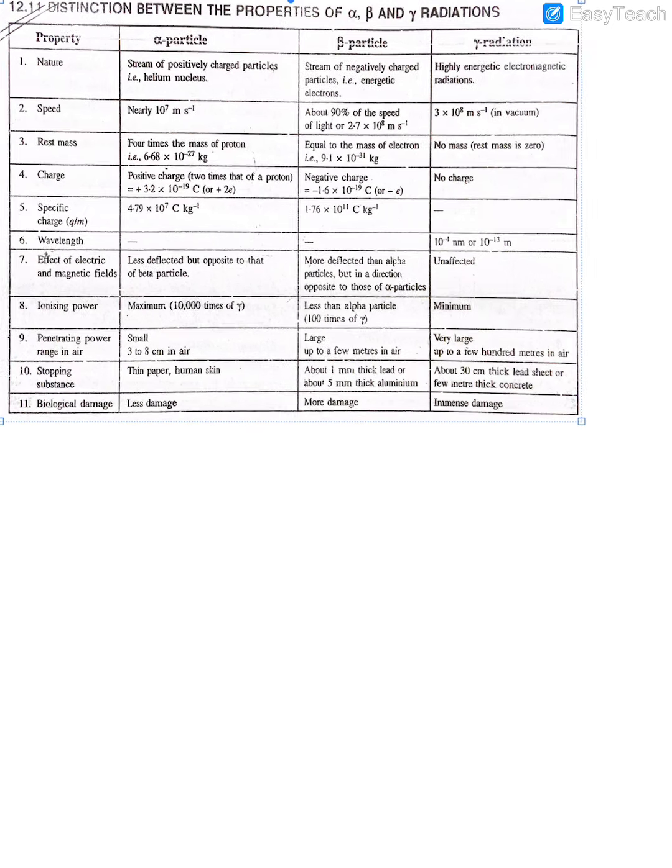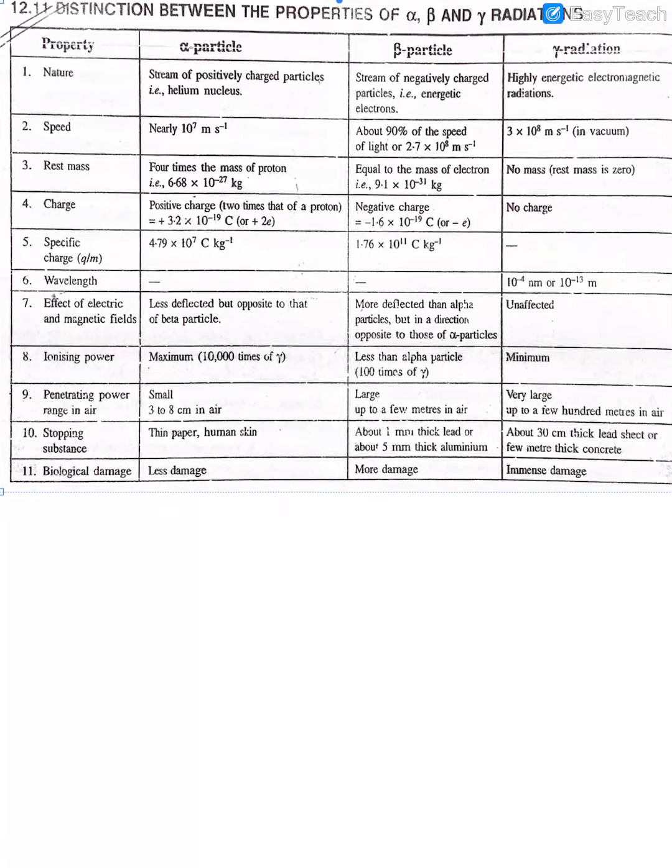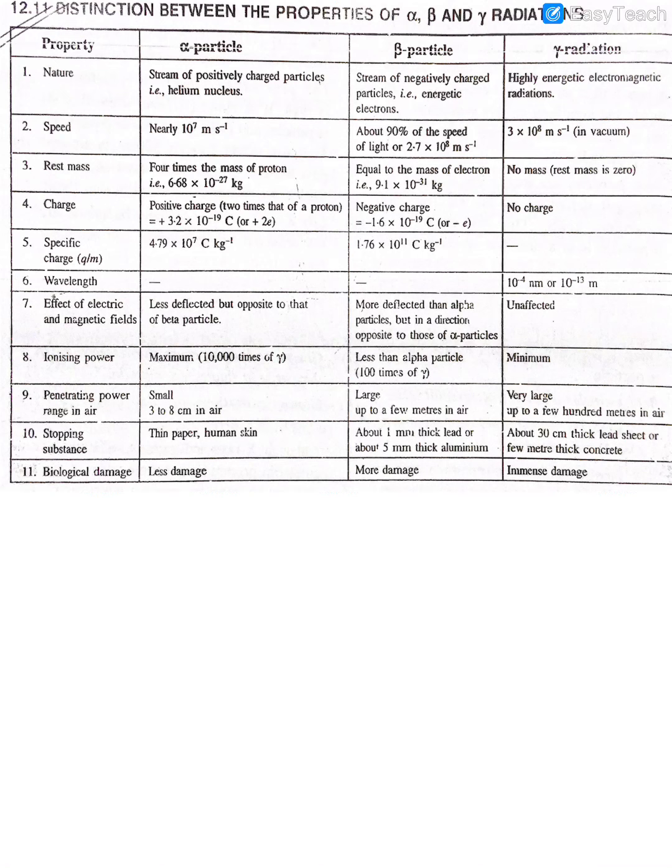So guys, here is the paper. I'll try to enlarge it as much as possible. This table is extremely important; basically the whole thing is summarized here. In your textbook they have given 3-4 pages about all these properties, but even if you learn by heart only this table, it's kind of enough.